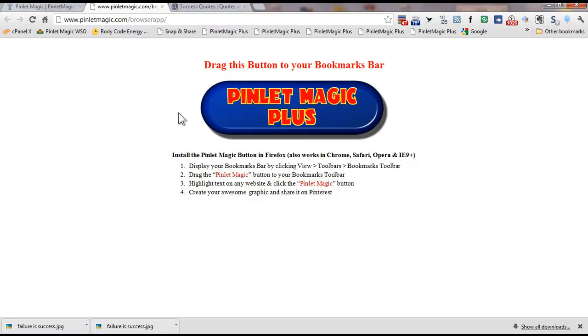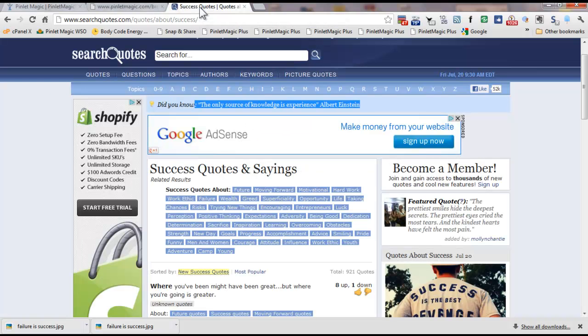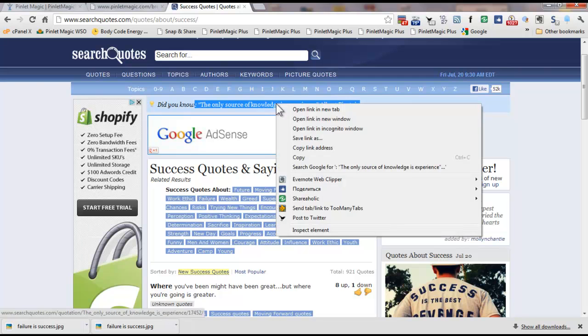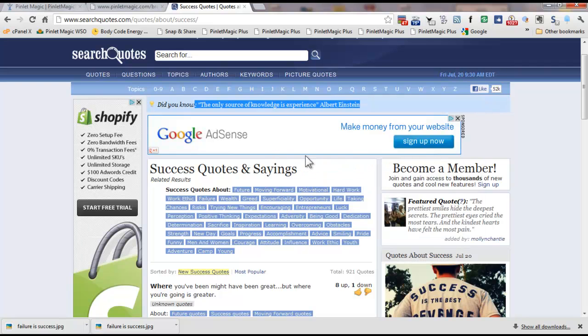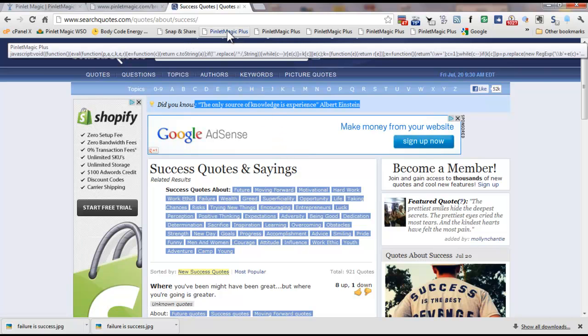I've already opened a website in which I find a lot of my quotes called searchquotes.com, and I've already highlighted the one that I want to use right here by Albert Einstein. A lot of times I'll go ahead and just copy this just in case. Sometimes on different websites it doesn't allow you to pull in the text, so I just copy it as kind of a backup in case that happens, and I don't have to go back and forth trying to get the text. So I've copied that, and I'm going to highlight it, and I'm going to go ahead and open up